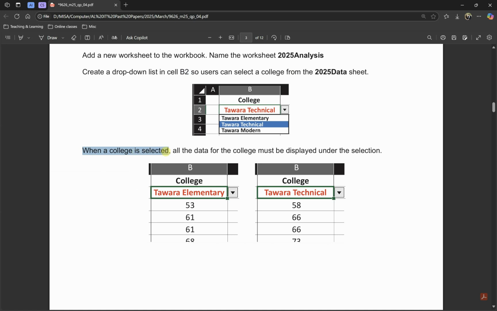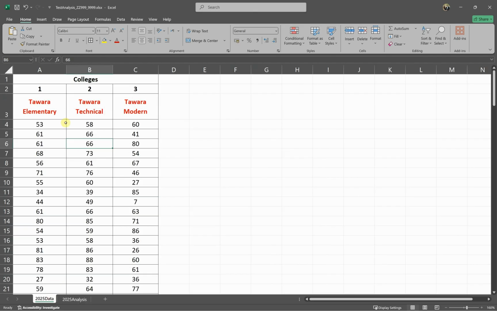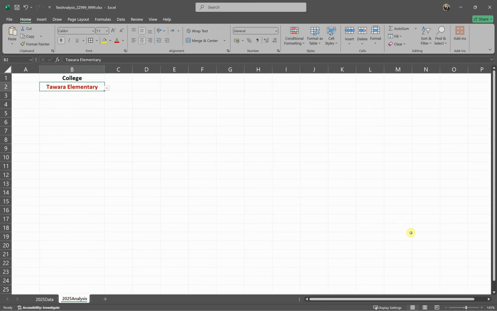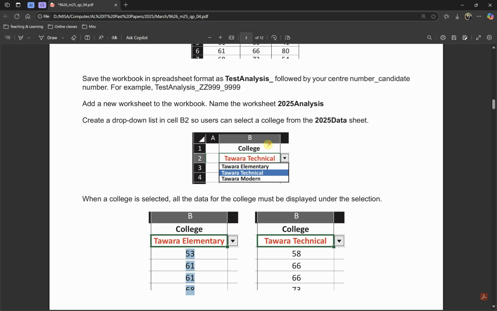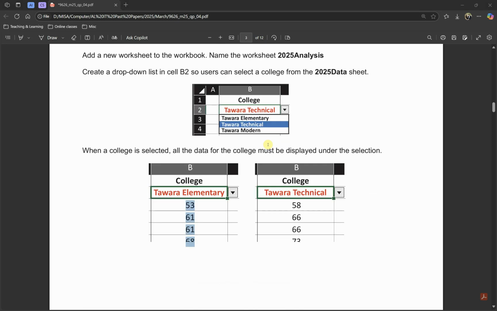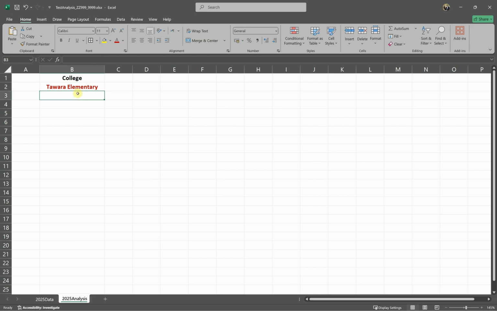Okay, what we need to do now, when a college is selected, all the data for the college must be displayed under the selection. As you can see here, this data must be coming from another workbook. If you selected this one, all the grades are supposed to appear, and for the others as well, the same way. So what we need to do here, we're going to use XLOOKUP to import everything. So let's go back over here. Actually, we can also use other formulas, but XLOOKUP is the most efficient one,